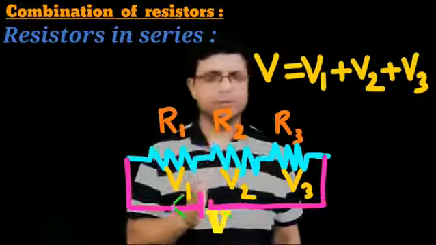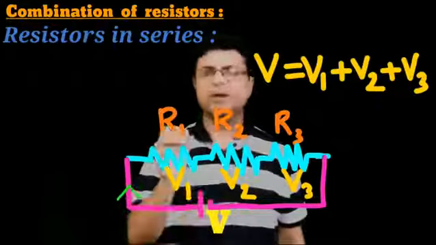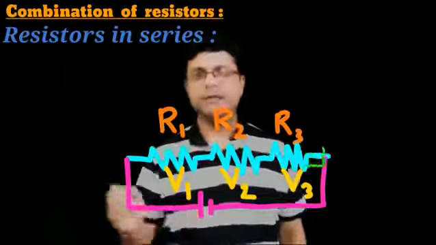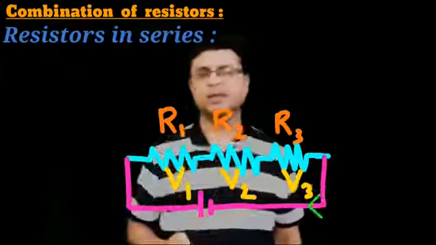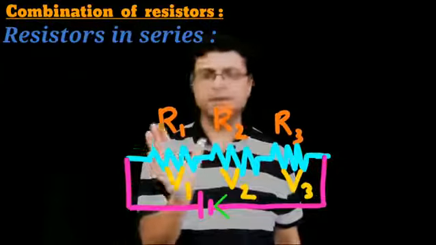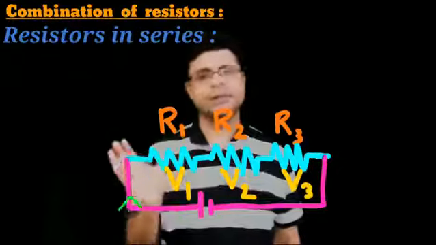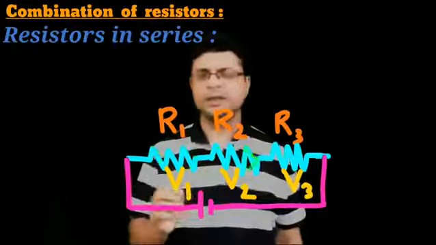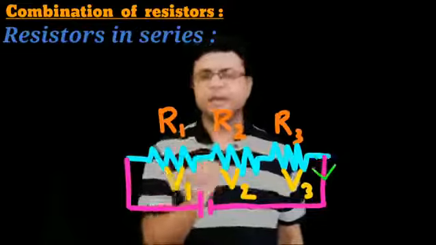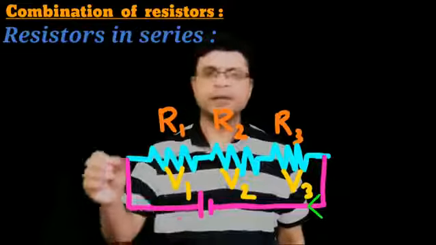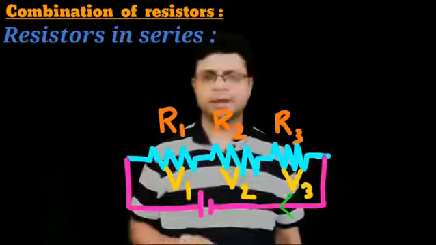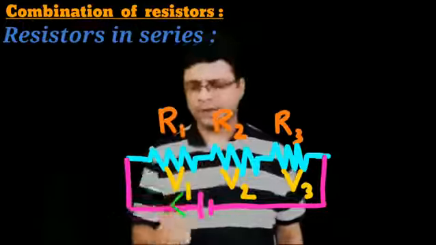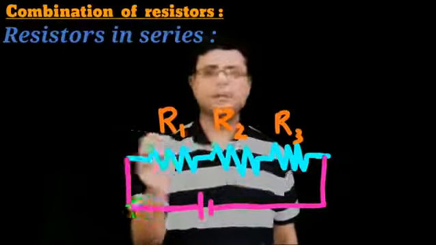So by this, what do we understand? When resistors are in series, the same current flows through all the three resistors. Here, for simplicity, we have taken three resistors. There may be 100 resistors, doesn't matter. Okay? As there is a single path, the same current will flow. Alright? There are no branches, so current cannot move here and there. There is a single path, so the same current will flow.